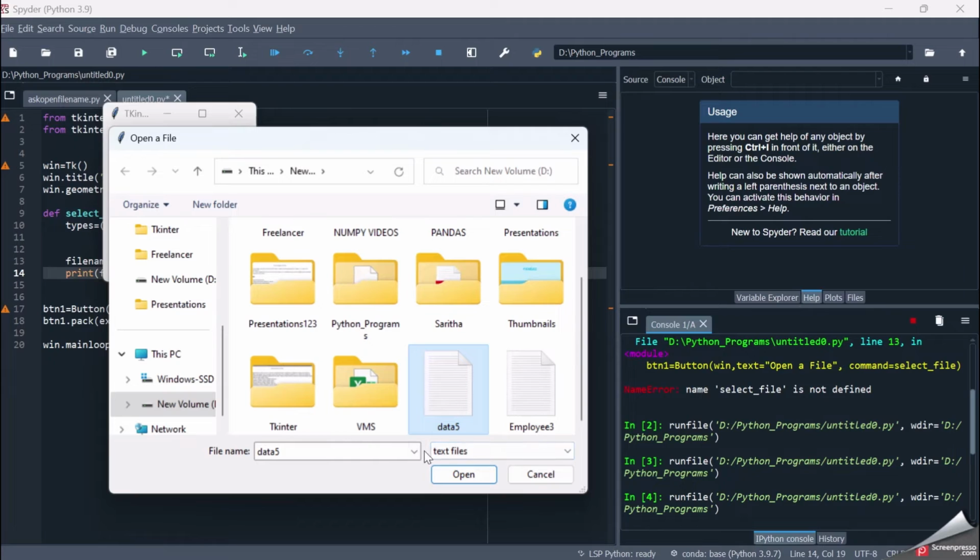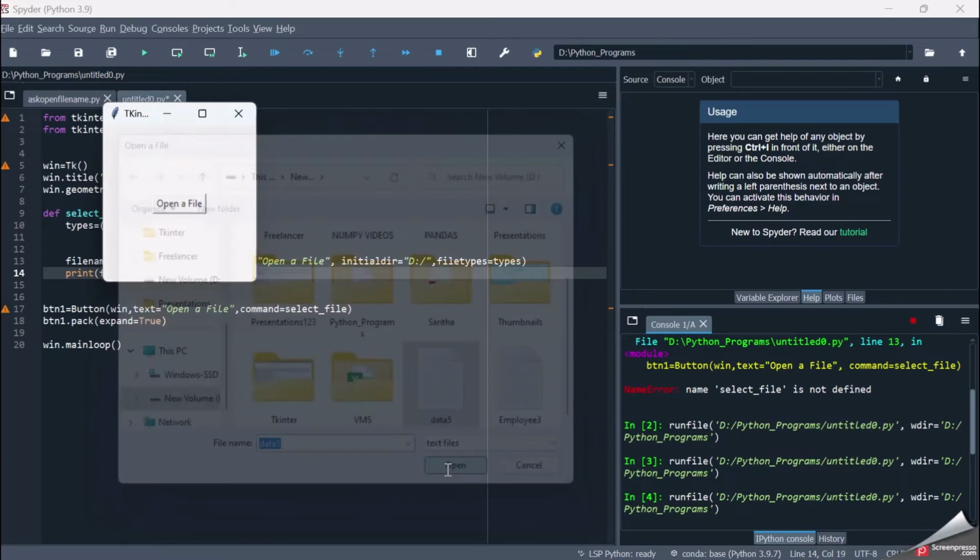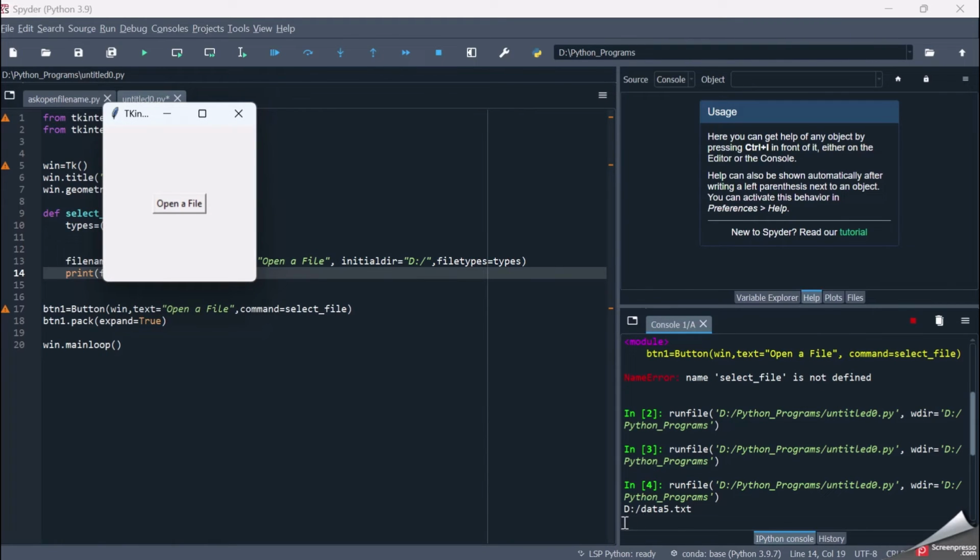It's a text file. And here in file types, it will have text files and all files because these are the two types which we have given in the program. So I can select data file, which is basically a text file. So I've selected from the D drive data5. So now if I say open, I get the path